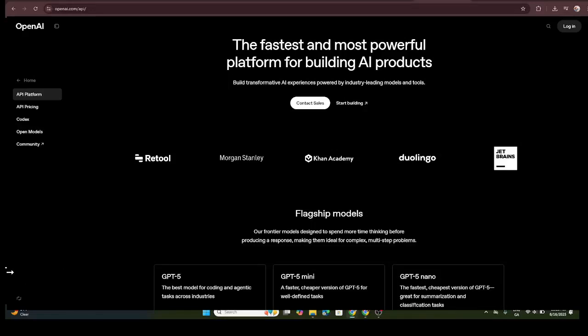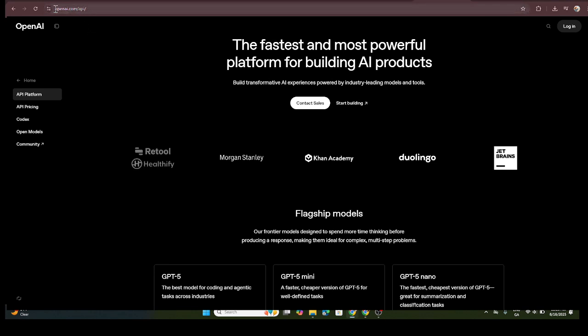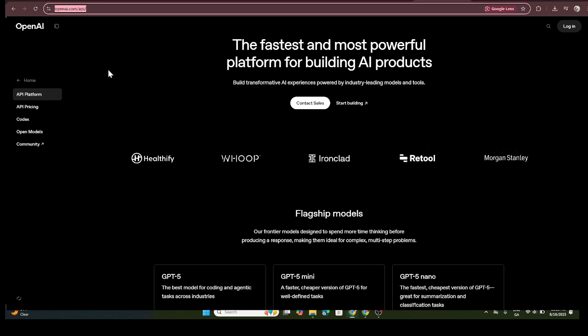In today's video, I'm going to teach you how to get your OpenAI API key, which is essential for accessing the powerful features of OpenAI's platforms like ChatGPT. If you're ready to harness the potential of AI in your projects, these steps will guide you through the process